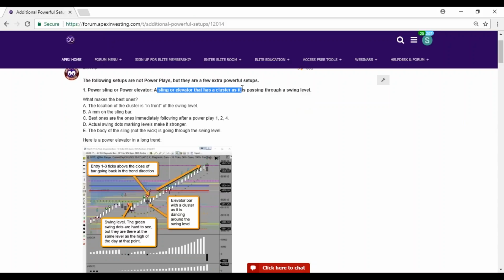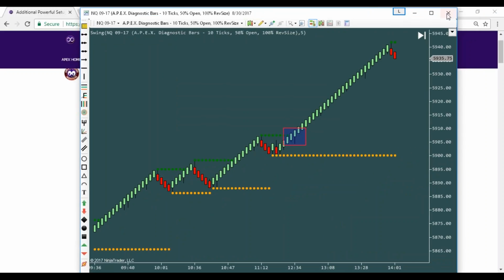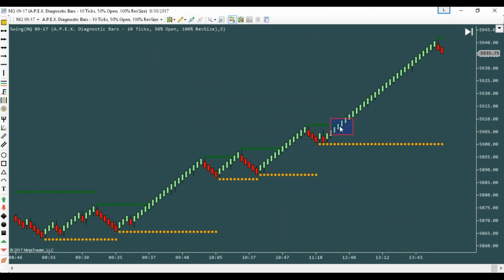A sling or elevator that has a cluster as it's passing through a swing level. So without even going any further into the training, just based on what you know already about power plays, what you know already about clusters, what you know already from C's yesterday, does that make sense just looking at this right here of why that could be helpful to you in knowing that when the market's coming back up to a swing level, you feel a little more confident about it